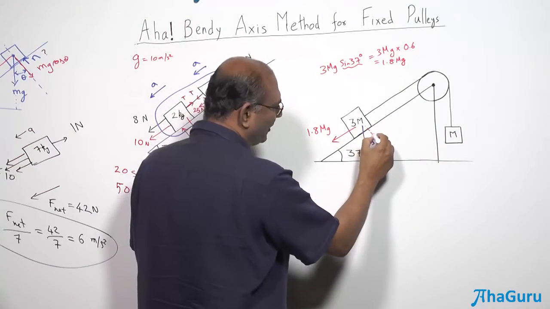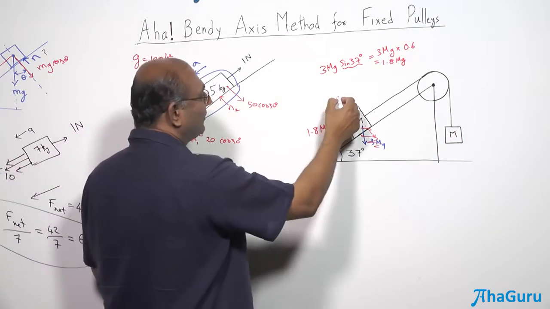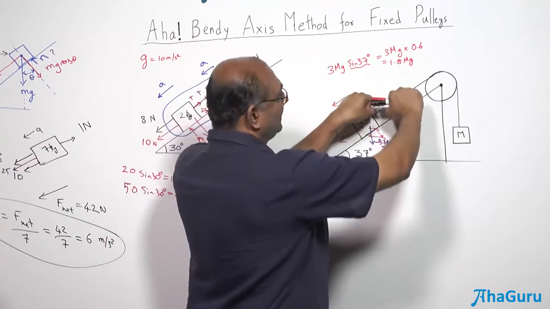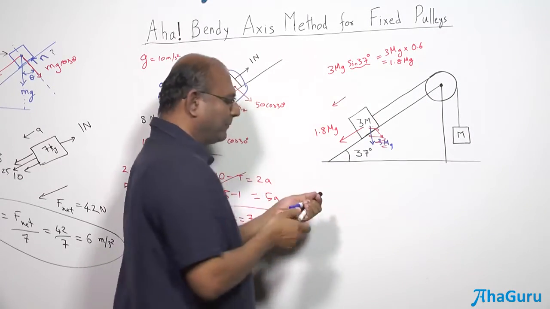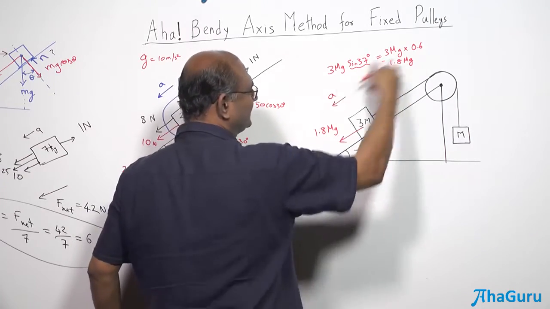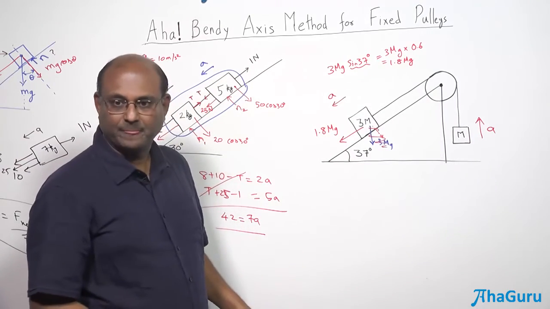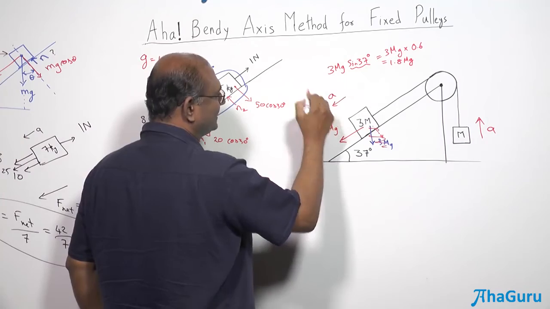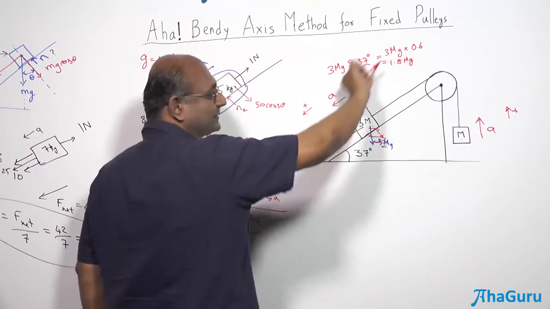You also have a component in that direction, but I don't care about all this. Because you see, I'm going to claim that this is my bendy axis. Right? My axis, I'm going to take like this. So if I say this is my bendy axis, I'm going to treat this as the positive direction. This direction it's moving in. So I'm going to say this is the acceleration A. You know that this acceleration is A. The directions are not the same, but in the bendy axis they are the same direction. And what is my positive direction? This is my positive direction. That is my positive direction. This is my negative direction. Here this is the negative direction.